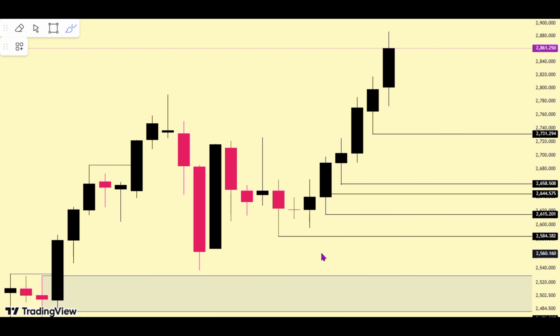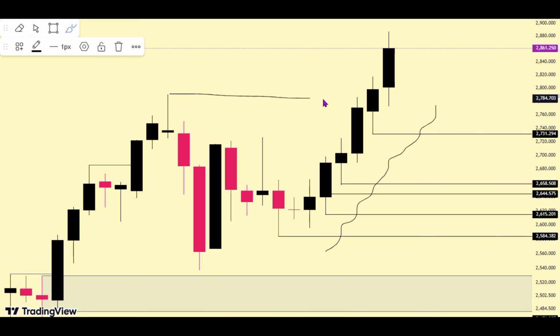Fast forward on the weekly time frame of gold, we are looking at this obvious momentum to the upside. We have the structural high that has been broken. So by simple concept, basic things in Forex, we are looking at a retest to the structural high, then we can resume the trend, which of course aligns with the retail trading concept and the principle that price must always break and retest every zone.